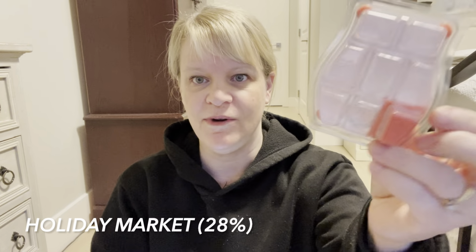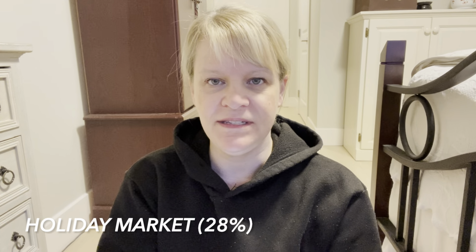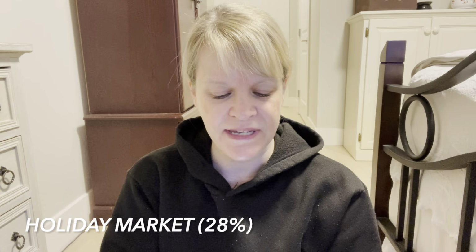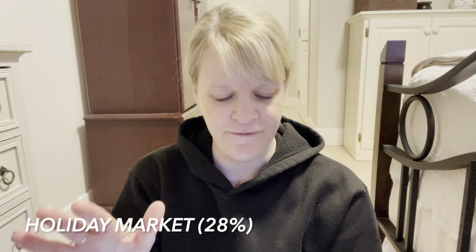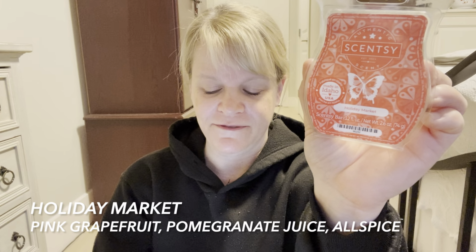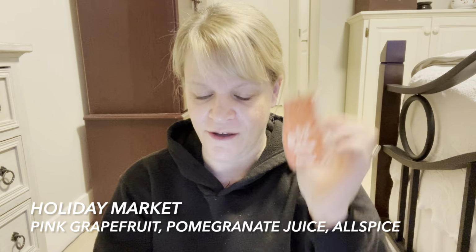It is Holiday Market. This one has a bright orange colored wax. I'll put the percentage of vote down below. On cold sniff, this is, I would say, between medium and strong. And I would probably put this in the citrus category, and Scentsy may have put it in the fruit category. So the scent description for Holiday Market says, a vibrant pink grapefruit and pomegranate juice notes bustle between festive allspice